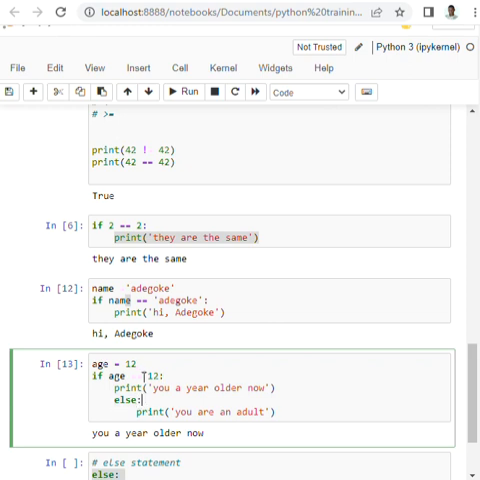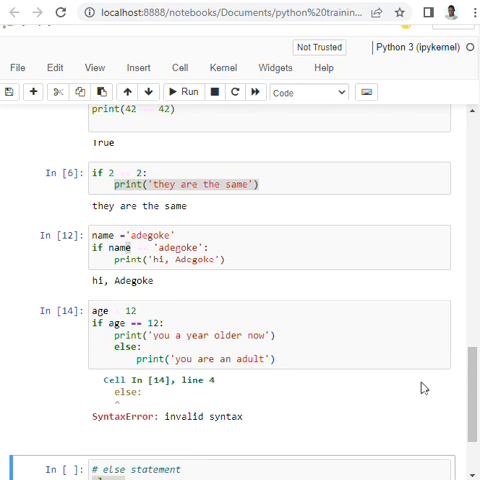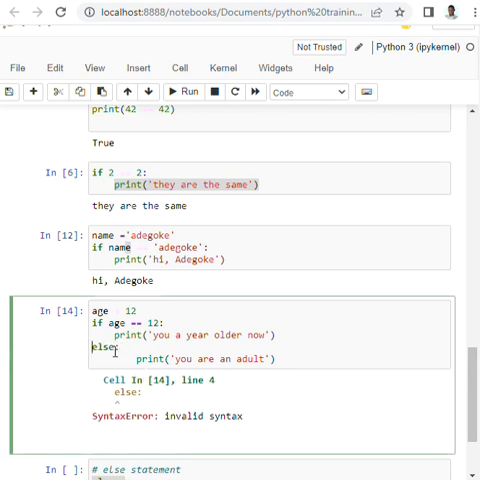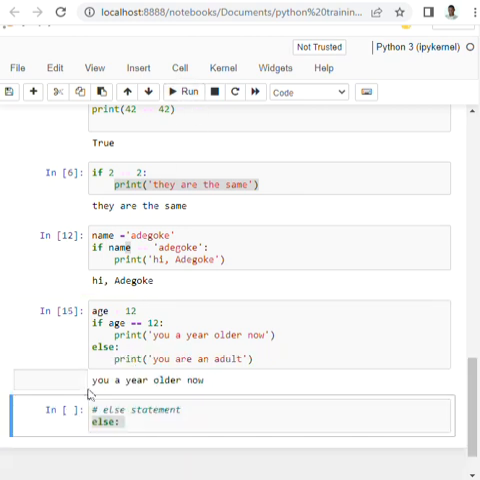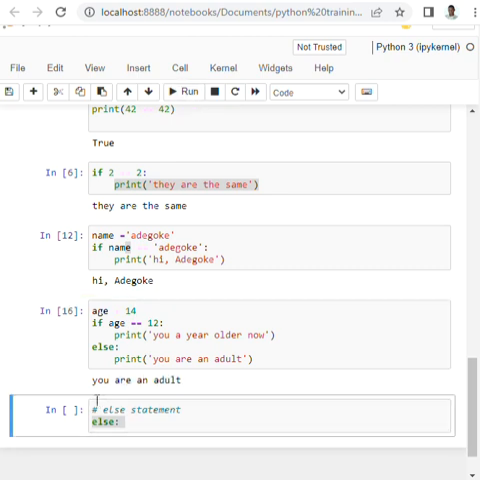So now if I run this, it will still print the same thing. They needed to be on the same line because they are the same conditions. You see, "you are a year older" was still printed. But let's now assume that my age is not 12. Let me change this age to maybe 14, and I run it. The else will be printed. See, it says you are an adult,